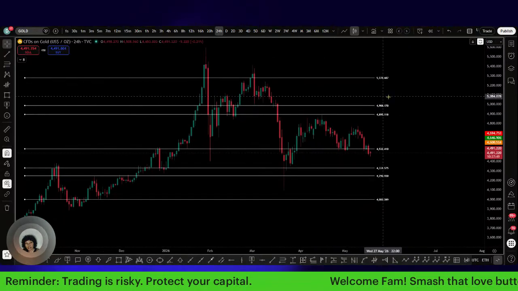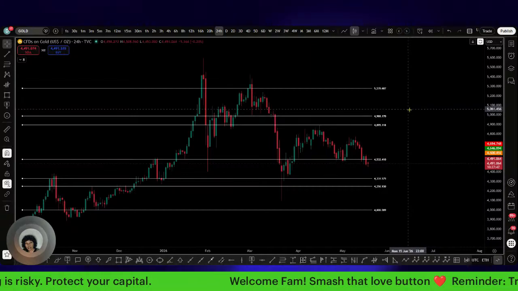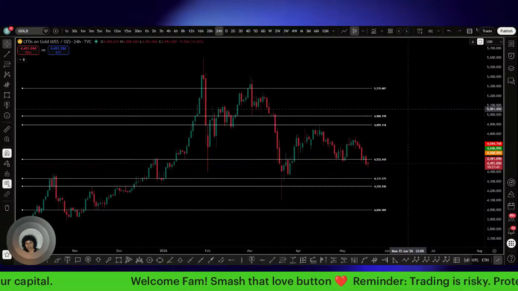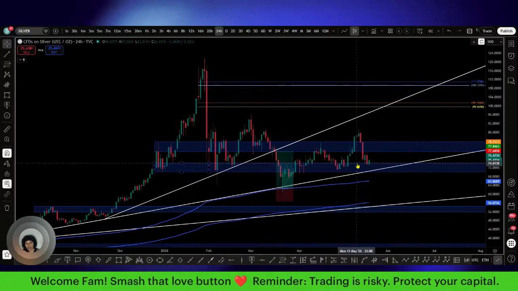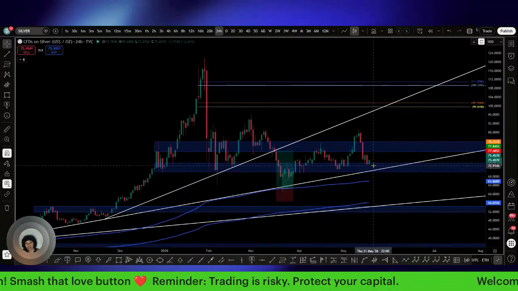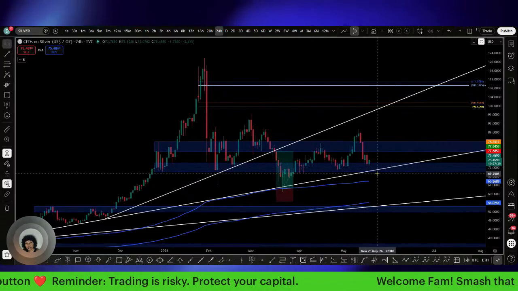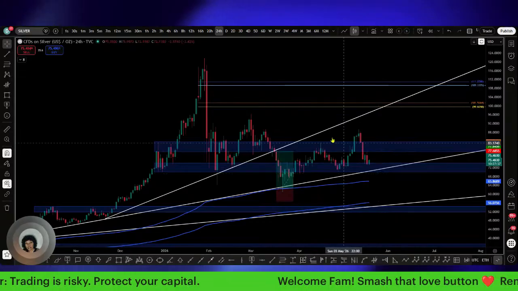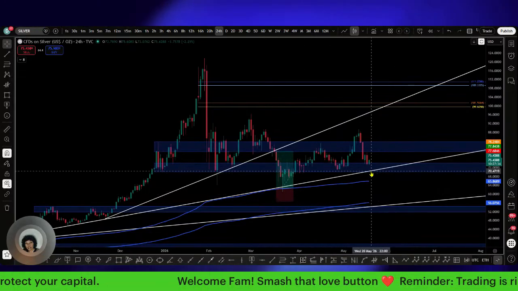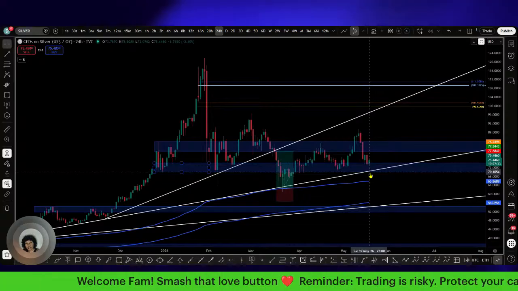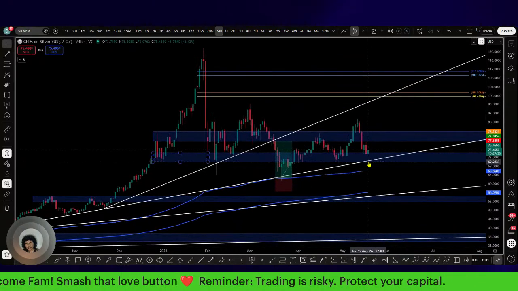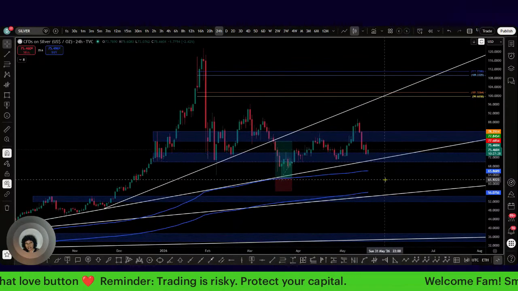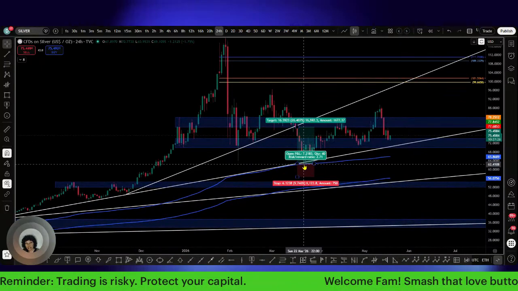I told you this yesterday as well, I haven't actually mapped out anything on these other ones. Not really. I mean, I have my zones in here for them. I don't have any definitive numbers to give you, but I have my zones in here. So, like I said, with silver, we could see another attempt to bounce from this trend line right here, like we did before. We actually wicked it right there.